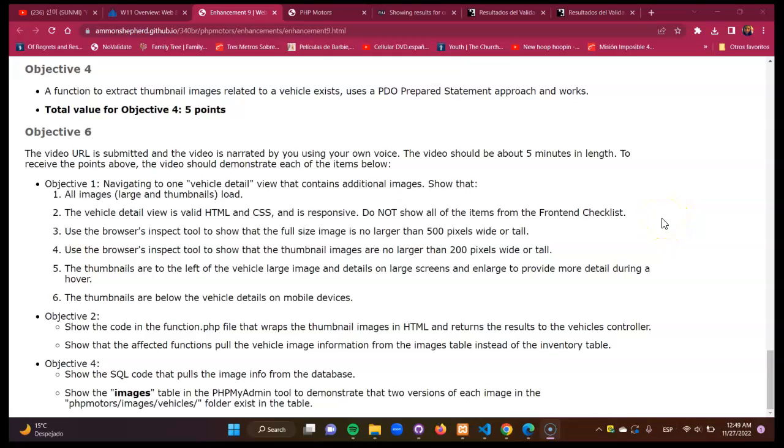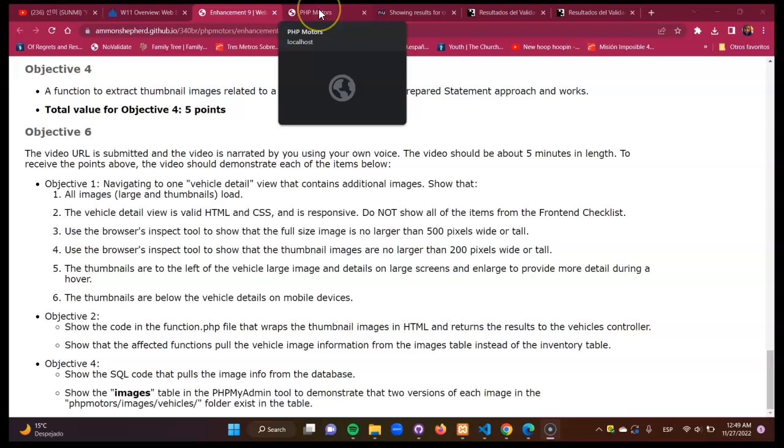Hello everyone, this is my enhancement number 9, and I had some difficulties in this enhancement, but here is the